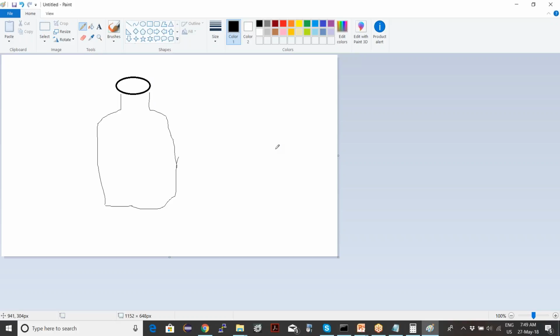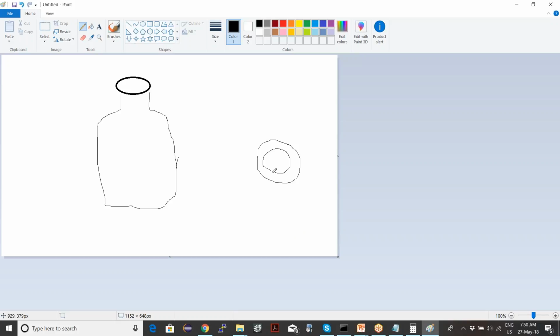Now you could have drawn a bottle like this also. And I will say, okay, this is also a bottle from top view. So if you view the bottle from top, this is how the bottle suppose looks like. And this is how the bottle looks like when you're viewing it from the side.